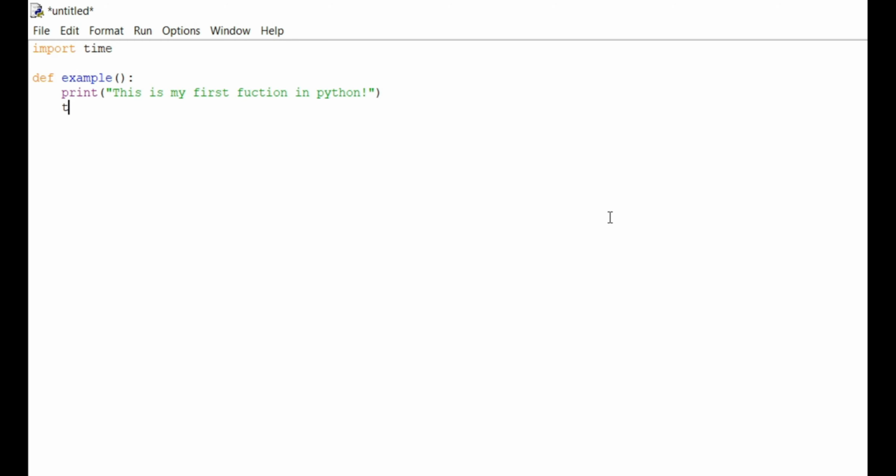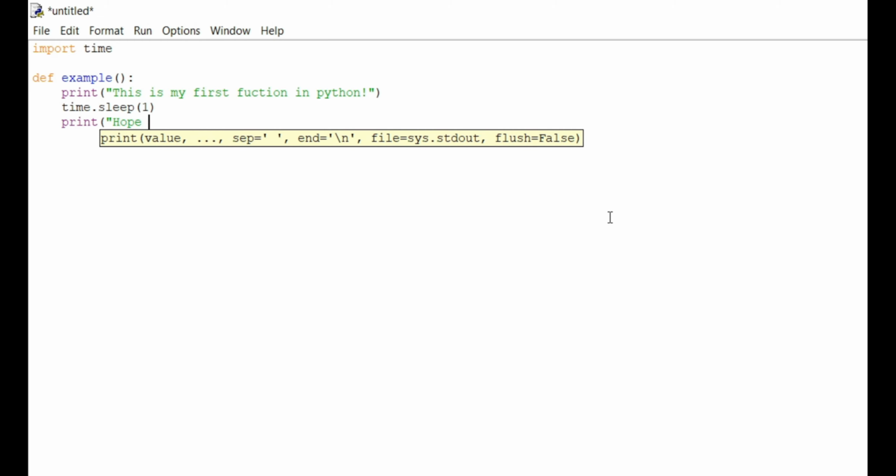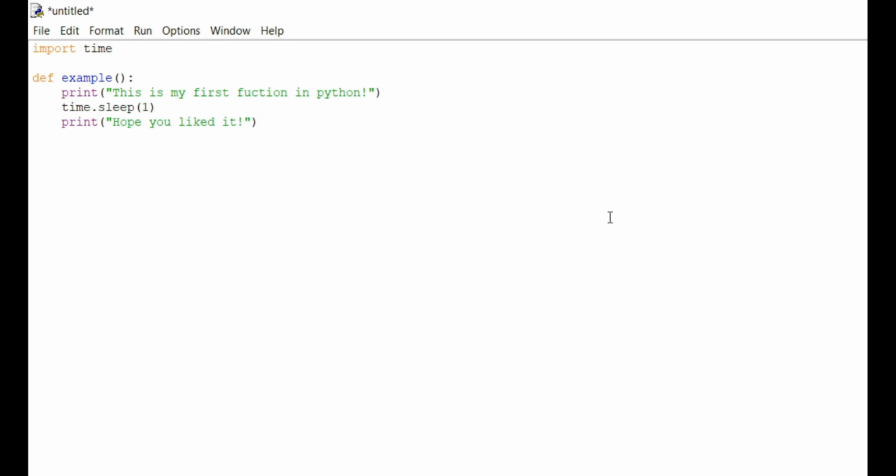Then we're going to do time.sleep, which is just telling Python to quit everything for 1 second, and you'll see that when we run the program. And then I will do another one, "And I hope you liked it!" Exclamation mark. And so what this is doing is it's importing time, then it's defining this,